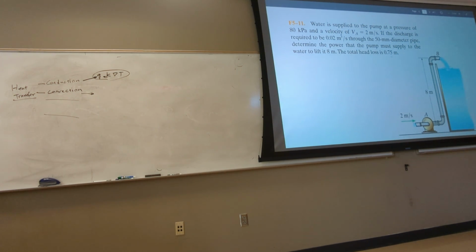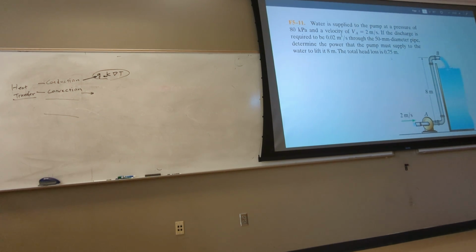And the total loss is also 0.75 meter. Look at here. So if he gives you the loss in meters, what form of the energy equation do you use? The one that was lowercase h. The one where all the heads were written in meter. Not the one that had m dot. It's very important to see what form it is.